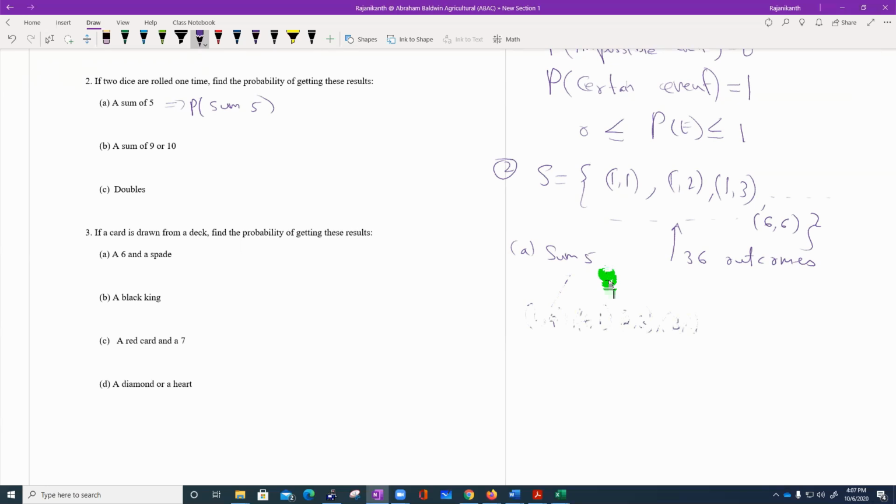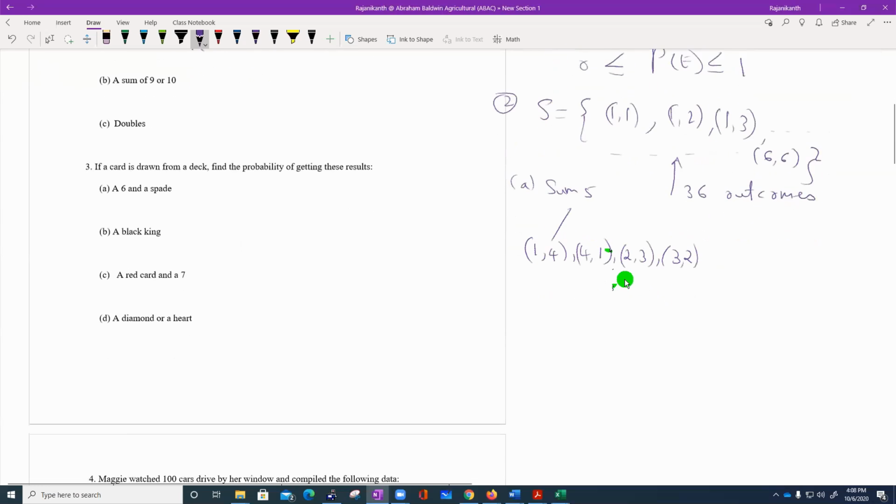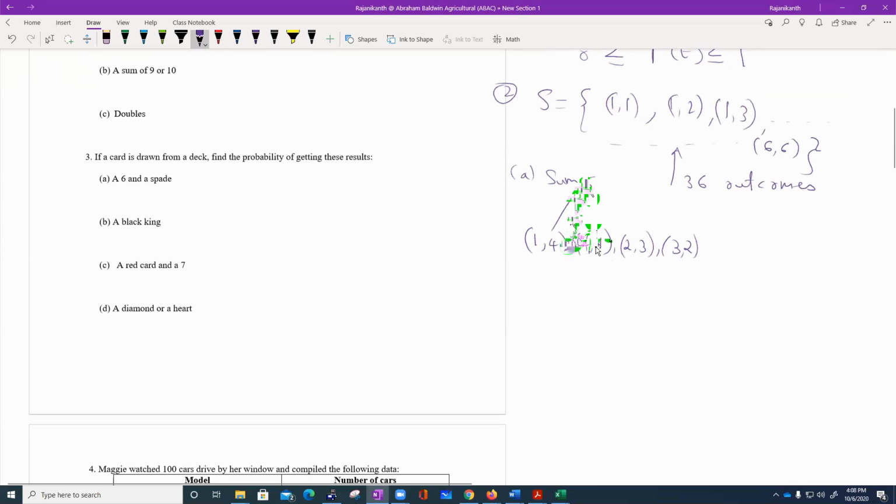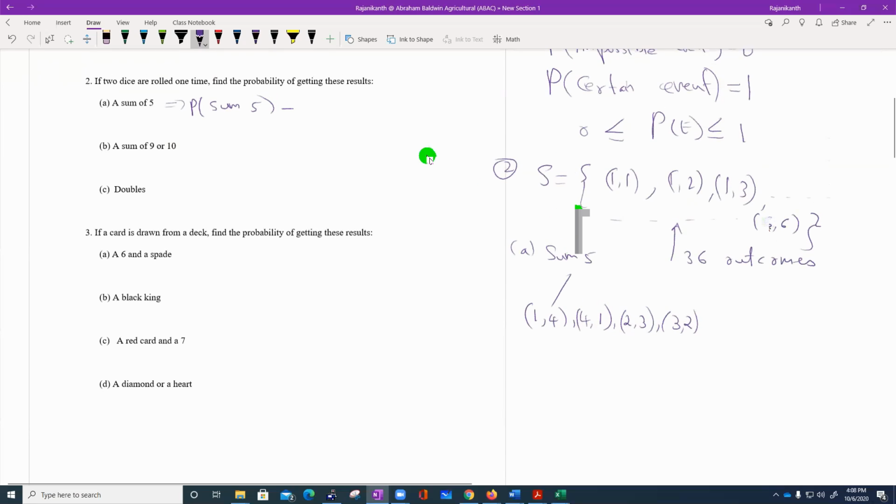These are the possible outcomes you may get to get a sum of 5, right? So if we count 1, 2, 3, 4, there are 4 outcomes out of 36, right? My sample space has now 36 outcomes. Therefore, the answer is 4 out of 36. So that is 1 over 9,